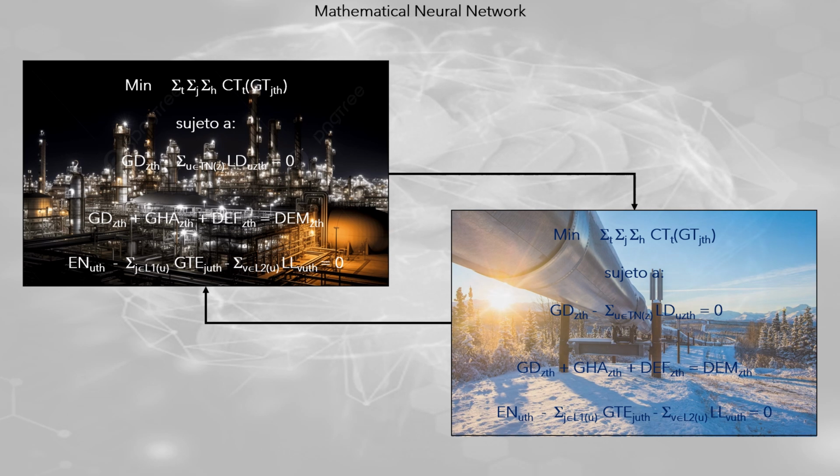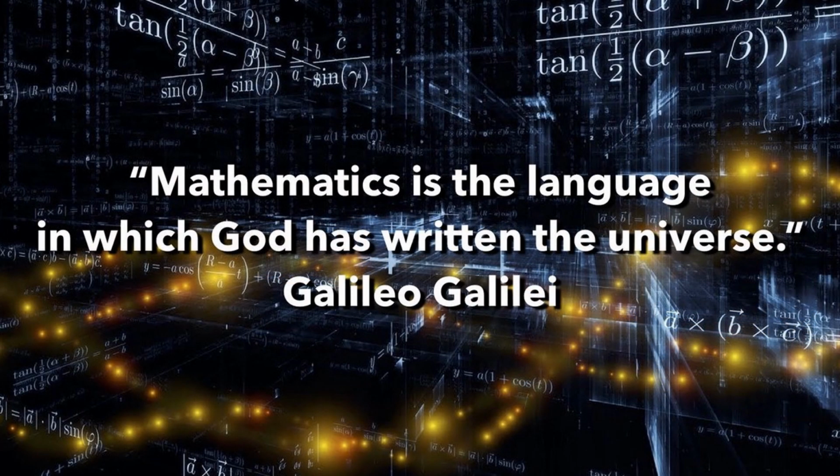Using large-scale methodologies, the mathematical artificial neuron can be divided into two, or more, mathematical artificial neurons, forming a mathematical network of artificial neurons. This process can be repeated, until the smallest mathematical artificial neurons, the atoms of the system, are obtained. This vision unifies neural networks with mathematical programming, the basis for structuring the cortex of an artificial brain. Galileo Galilei affirmed, "Mathematics is the language in which God has written the universe."